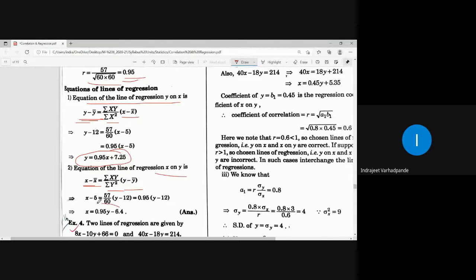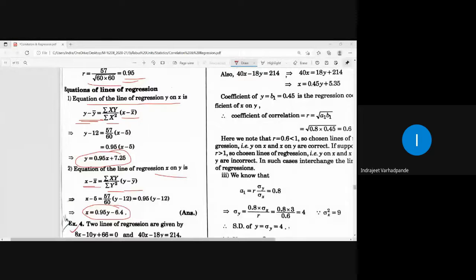Open the bracket. X is expressed in terms of y, and therefore that particular line will be called as line of regression x on y. Open the bracket by proper multiplication. In this case, if you write down the answer in the terms of fraction, it is better, or else convert them into decimal. Writing down the equation in the decimal is more easier task, right? Instead of carrying it with the help of fraction.